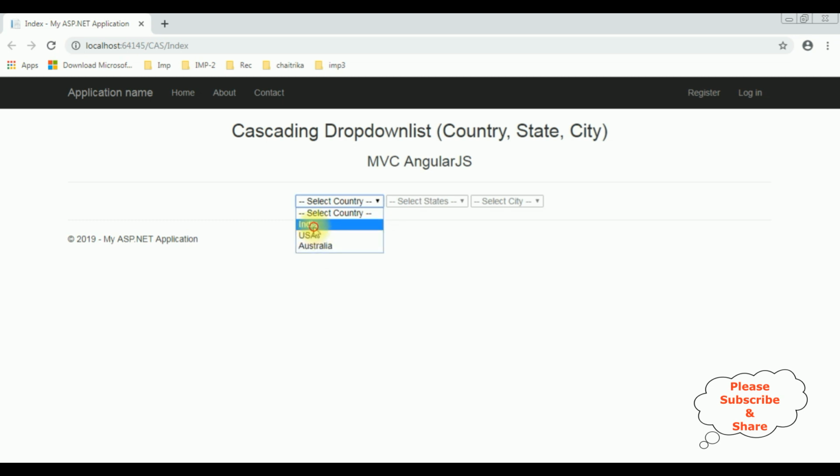If I select India, see here the select states drop-down list is enabled. The states of India is Telangana, Karnataka, Andhra Pradesh and Tamil Nadu. Now let's select the Telangana, select city Hyderabad. If I select USA, Texas,